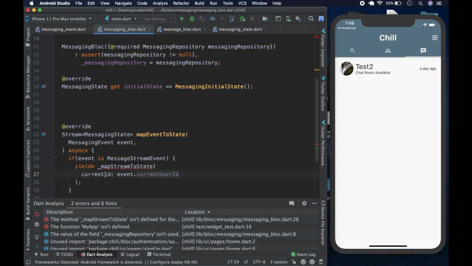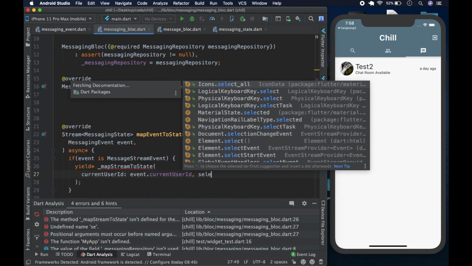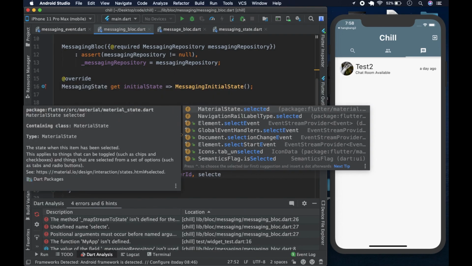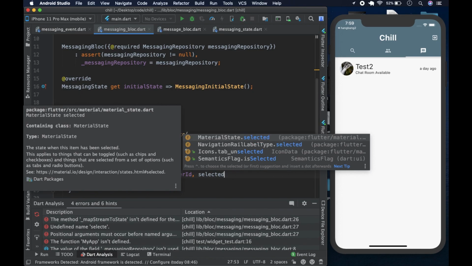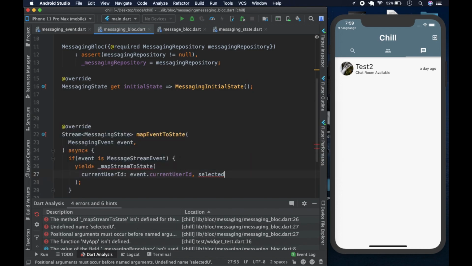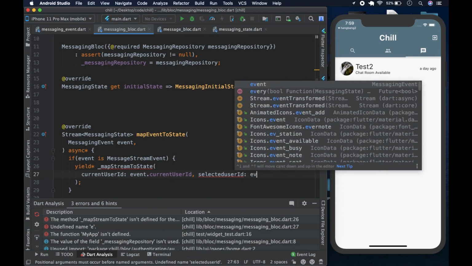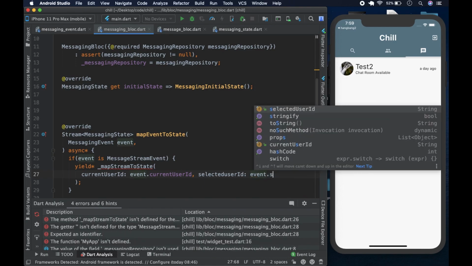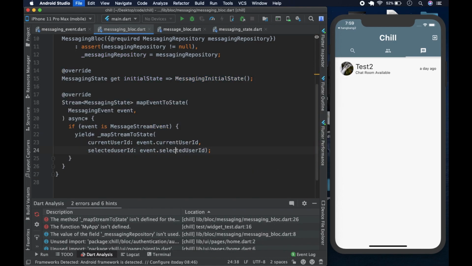Let's make this current user ID, not current ID, like so. And the next one is going to be selected user ID, and this is going to be event dot selected user ID, like so.